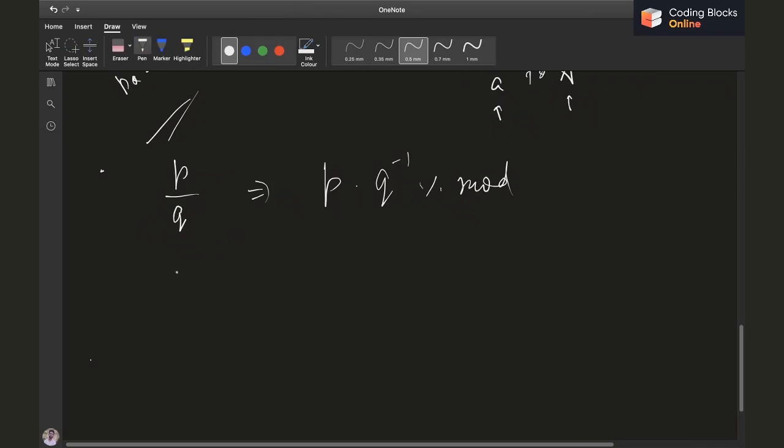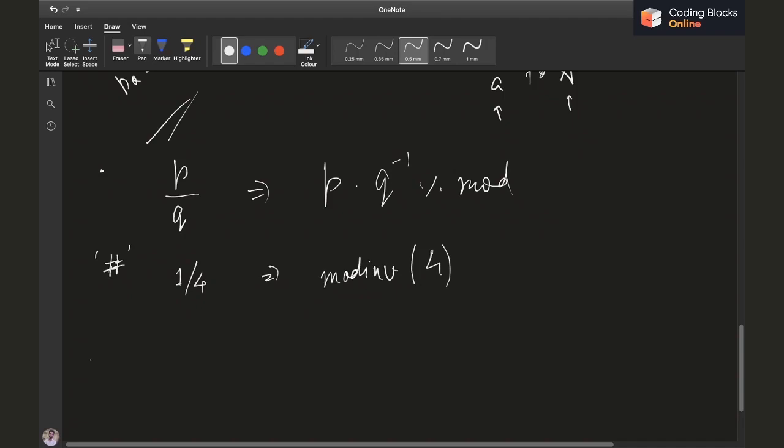Let's say our probability is 1 by 4. I told you that if the expression is just a hash, the probability is going to be 1 by 4 for each value. Then we basically need the mod inverse of 4.